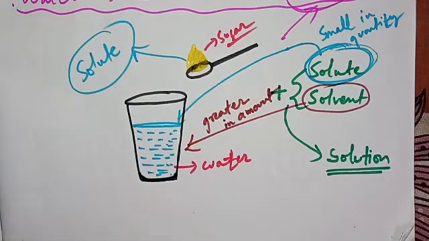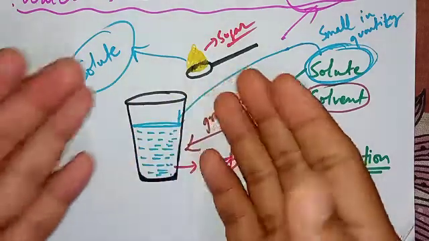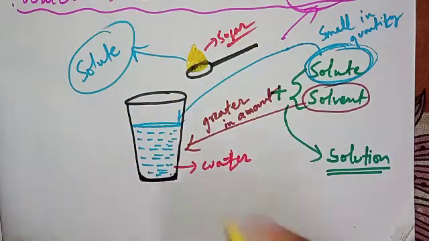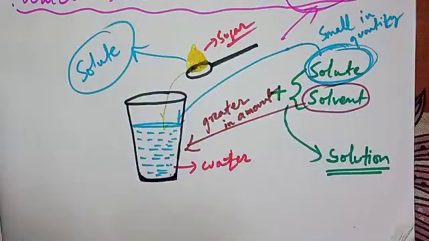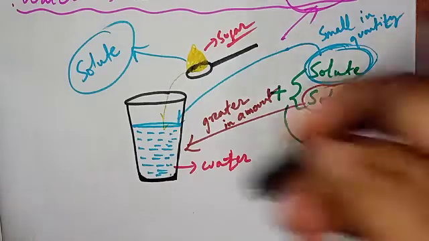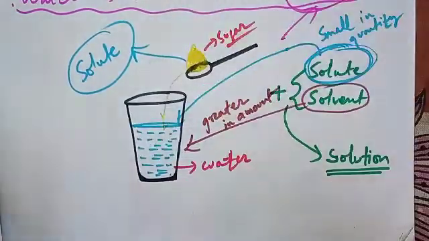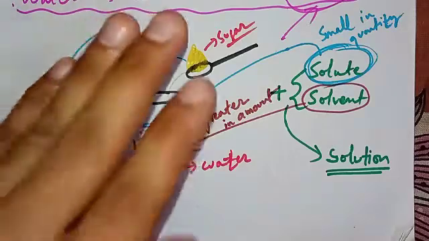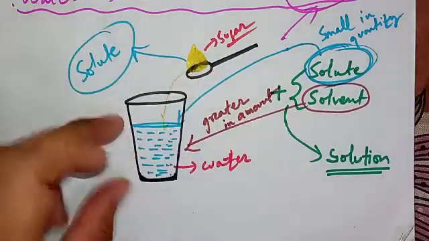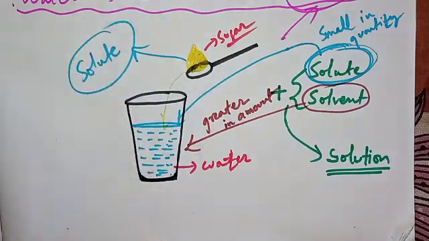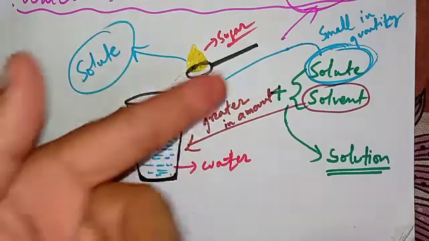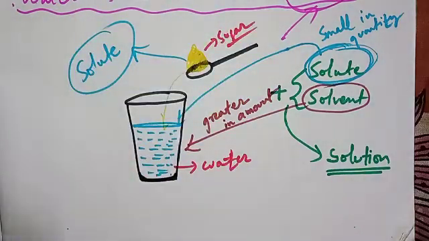Now after taking this sugar into the water, what will happen? We will put this sugar into this water, and we will stir it. After a couple of minutes, what will happen? We will not be able to see the sugar. That is, the sugar will get completely dissolved in this water. But if you taste that water, the taste and the smell of that water will change because of the sugar getting dissolved into it.